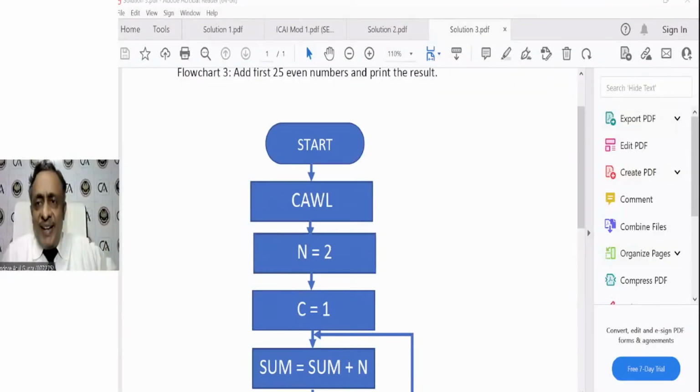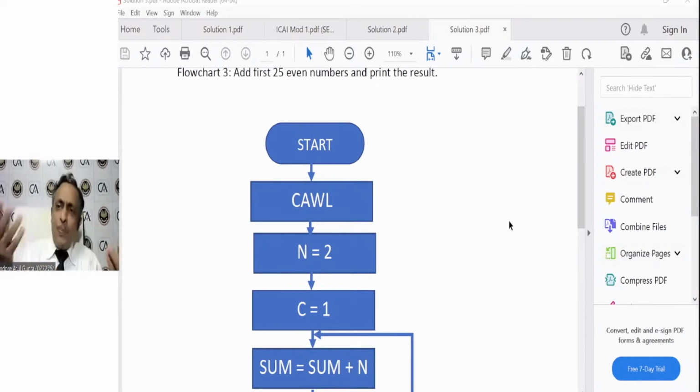So my idea of creating these 3 flowcharts was that these take care of all the critical components of a flowchart, per se. There could be more. It's a big topic to talk about. Okay, so we wanted to save on this one, and that is why we are looking at this. Now, the third question was